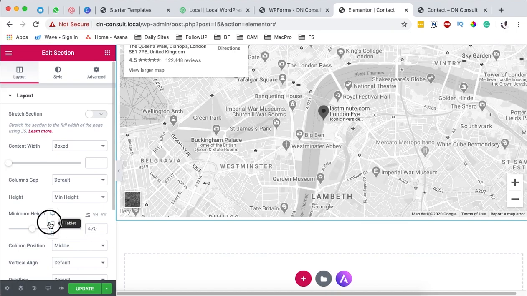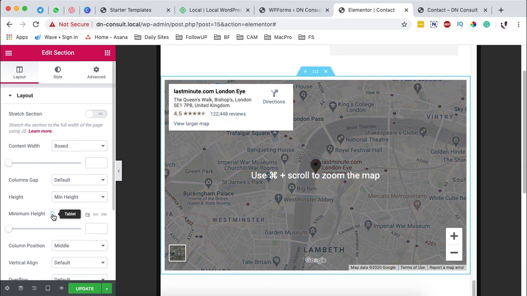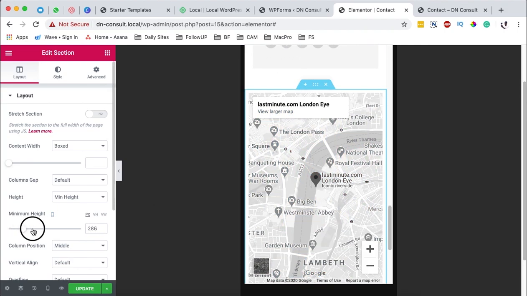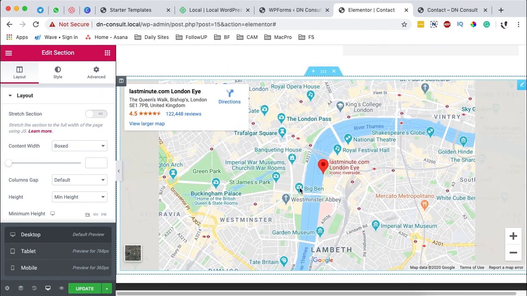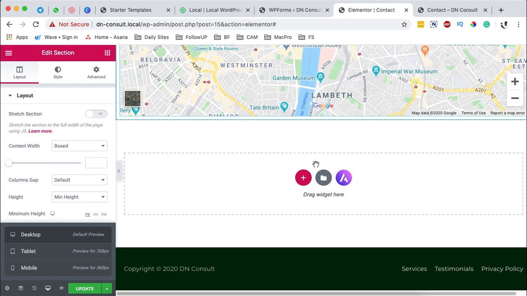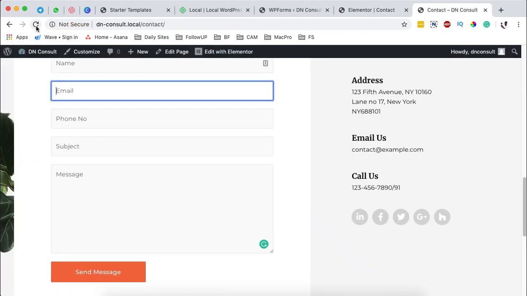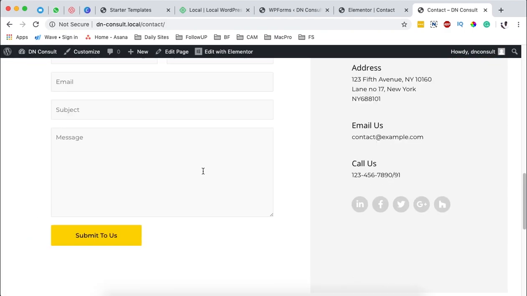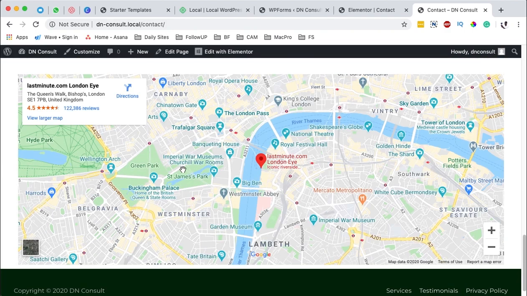And responsive settings, you can see how that map is going to look, and at the same time you can make changes on the height of your map on a specific device. Anyway, that's all for now. That's how you can customize your contact page using Elementor on your newly designed website. And now once you are done, you simply hit update. Once you update, we can reload over here, and boom, we have our contact page and having our map, whereby if we hover, it's looking something like that,